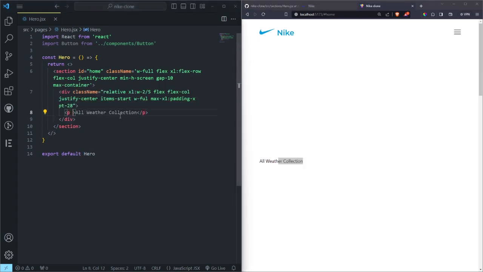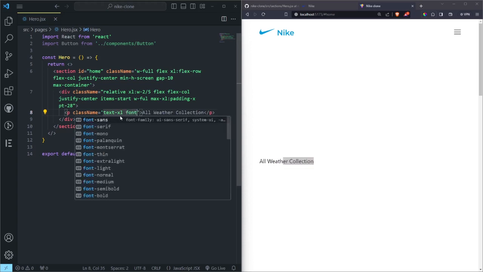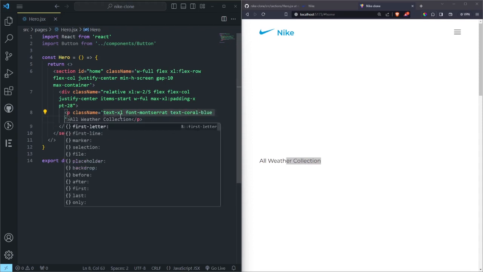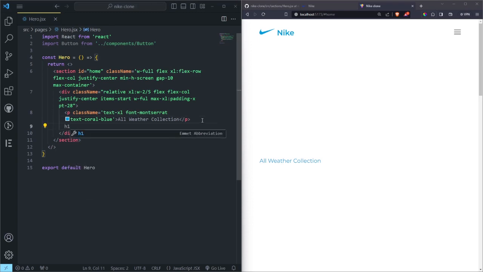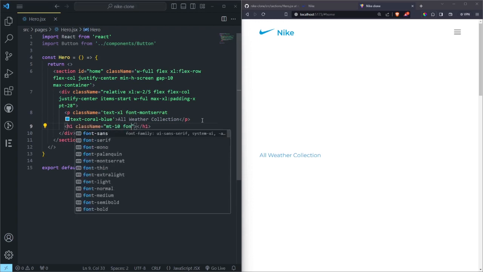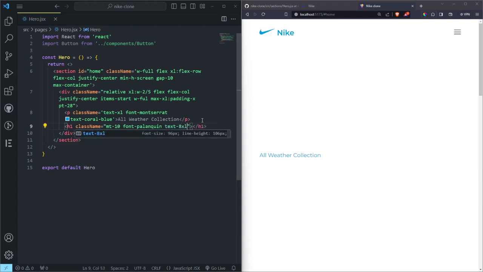So let me add the class names. Class name, we want this to have a text of Excel, so text Excel, and then a font, going to use Montserrat for this, and then we can also do a color of blue, so it's going to be coral blue, and then I think that one is better, yeah. And now below this p tag we want to have an h1, and this h1 is going to have a margin top of 10, to separate it from the all weather collections. And then we want to give it this font and then a text of 8XL like that,